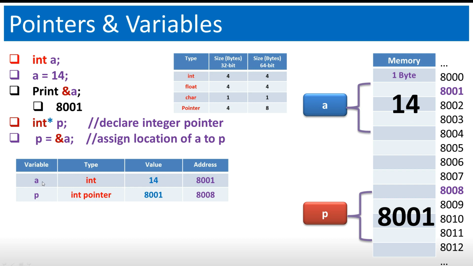That size of the space is determined by the type. If it's an integer, we can look at this table and say, okay, integers take 4 bytes. If it's a pointer, depending on which compilation you use, you look at this table and say, am I compiling my code as 32-bit or as 64-bit? Remember that you have to be on a 64-bit system to be able to run code as 64-bit. The nice thing about a 64-bit operating system is that it can support both 32-bit and 64-bit. But if you're on a 32-bit system, you can still probably compile as 64-bit, but you won't be able to run it as 64-bit. So the recommendation is to always have a 64-bit operating system nowadays.